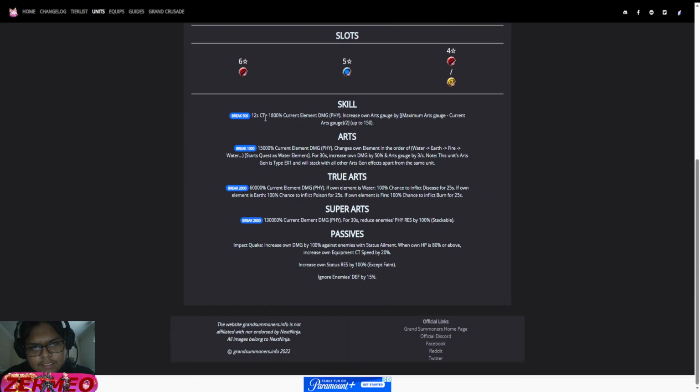Her skill is, it doesn't say the names. Okay, so it's break 500. Meh. 12 seconds cooldown. Okay, it's average. 1800 damage, not that much damage. The current element damage, physical,